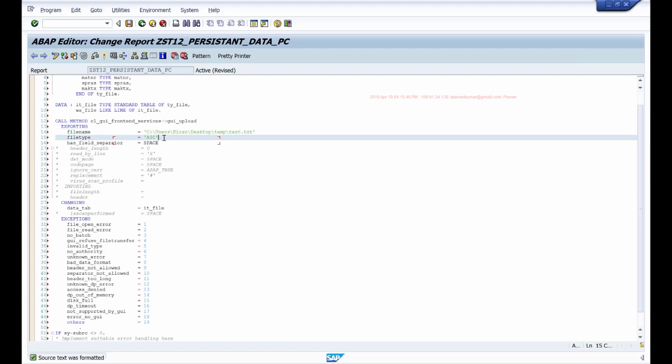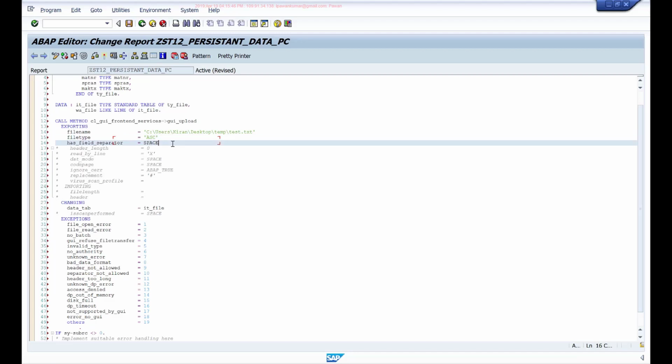And file type, if you are uploading some binary data, then you can give BIN as the option. Otherwise, if it's some character data or text, you give ASC. And has field separator, we are separating each field by tab space, so I'll pass X because there's a field separator. And these are all optional. So this should be good.